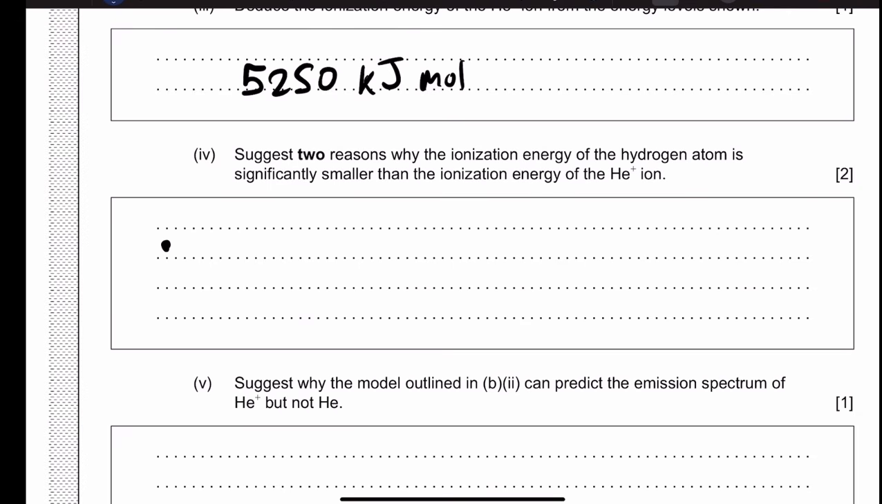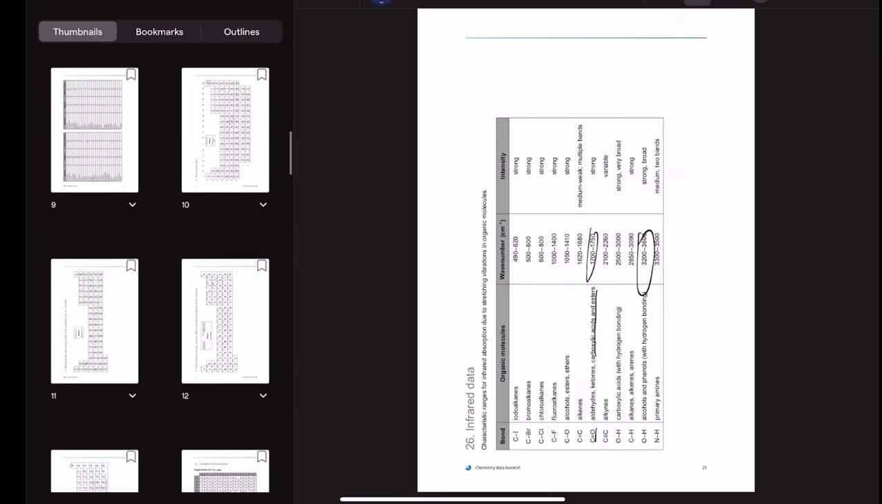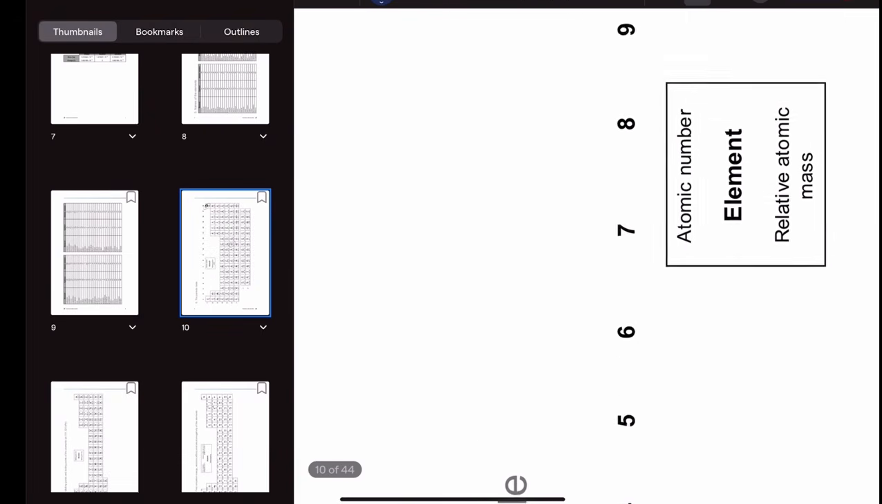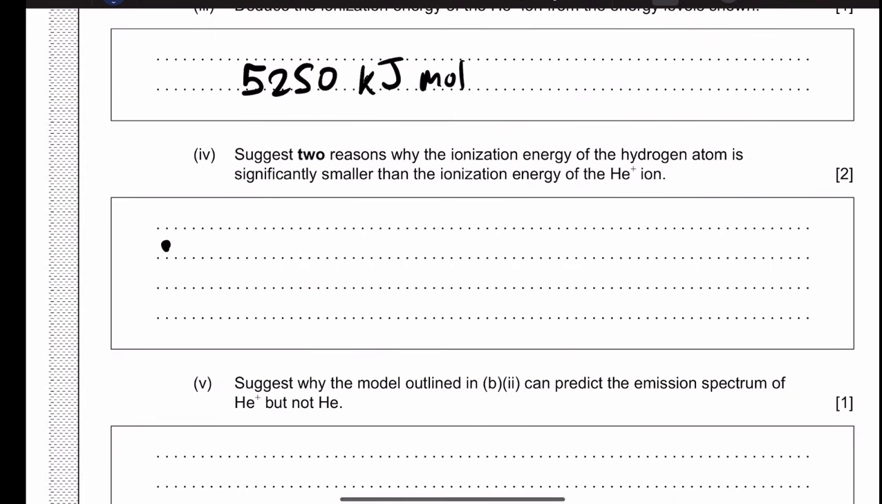The helium ion, even though it's a helium ion, as you can see in our periodic table, has this atomic number of 2, whereas hydrogen has 1. What does that mean? That means that hydrogen has half the number of protons, hence half the nuclear charge. And what else does this mean? Well,